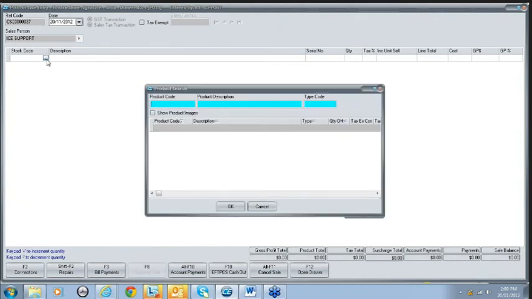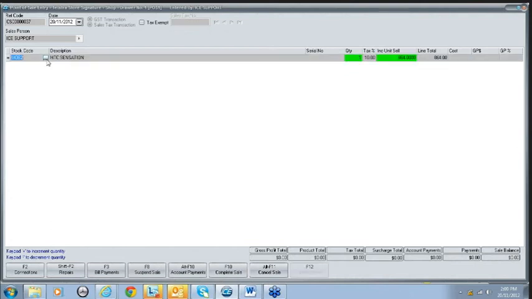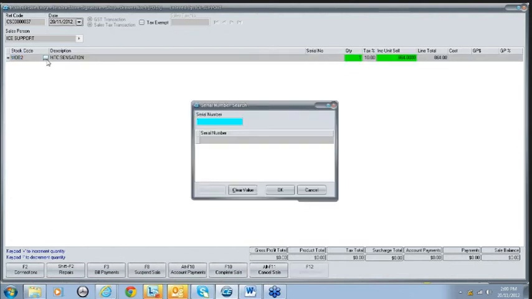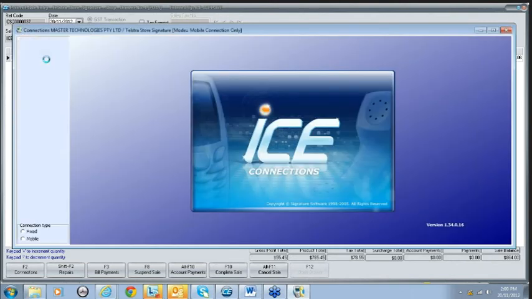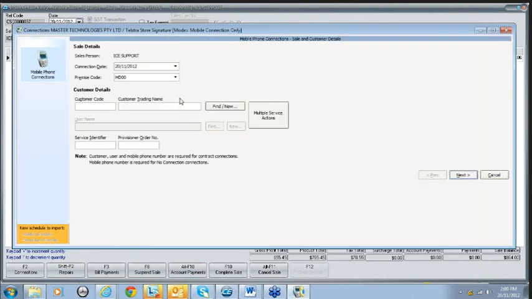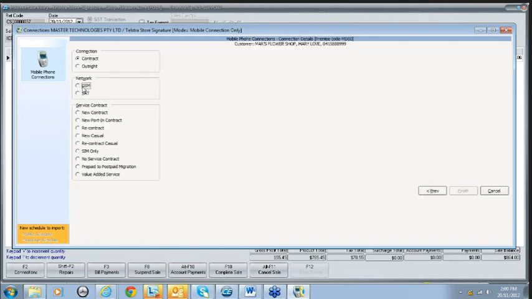Select our product as normal. Now you'll find when you're doing a new connection, get the key information in. We select our contract. Now you'll note also that once we've made our selection,